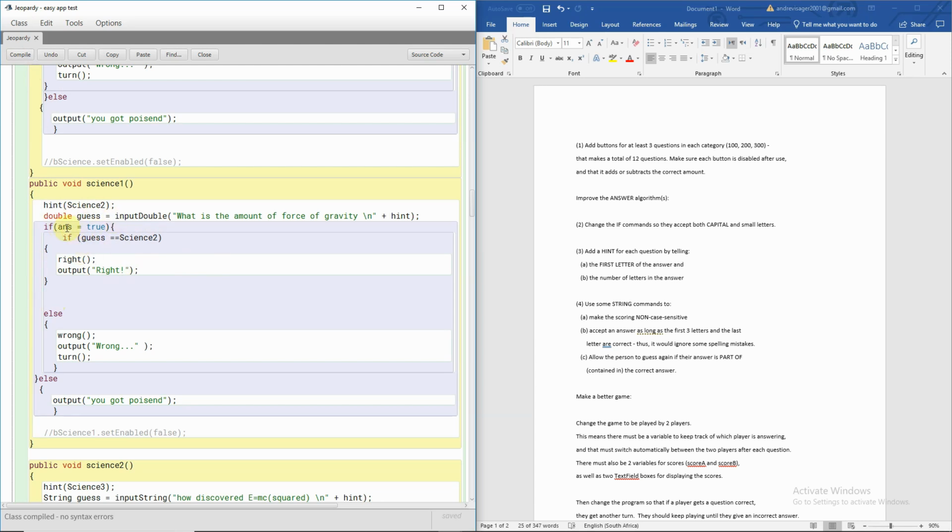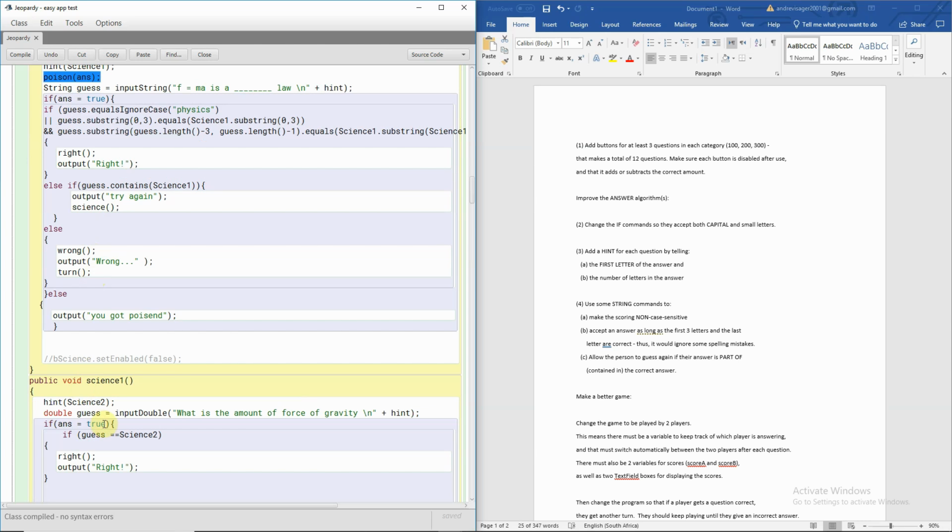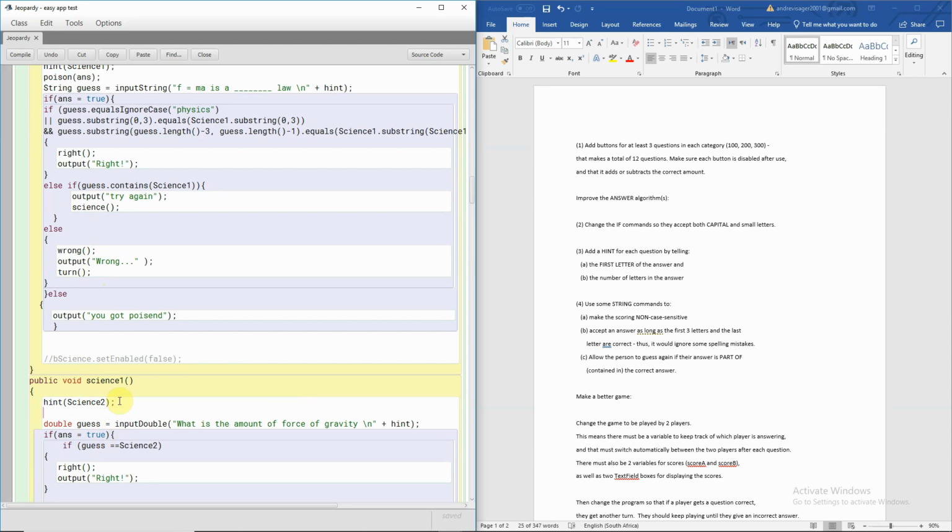So yeah, this I also made if answer equals true. Wait, where did I, okay, I've also forgotten to do this. It's basically for the extended one